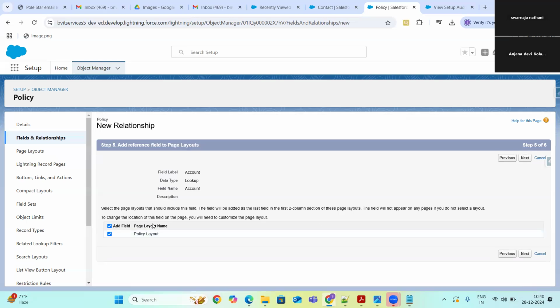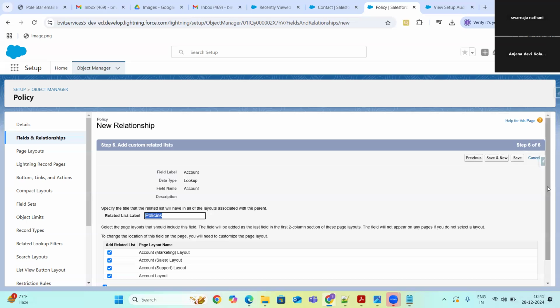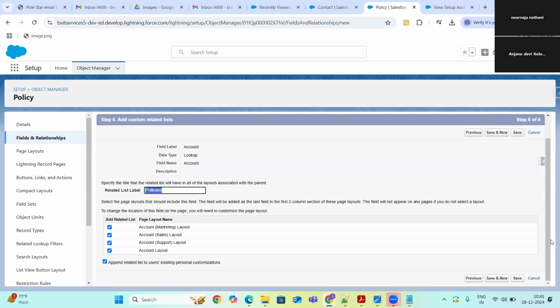As usual, when we create an object, a default layout gets created, and it is asking, would you like to add this new field to your layout? Yes, you can add it. Clicking on next. This is add custom related list.